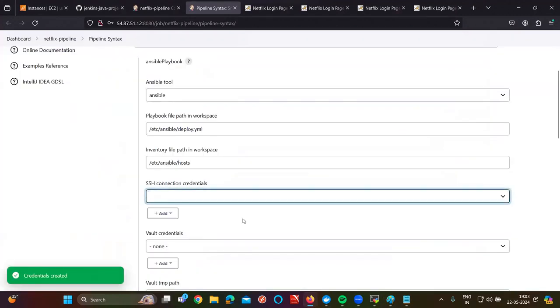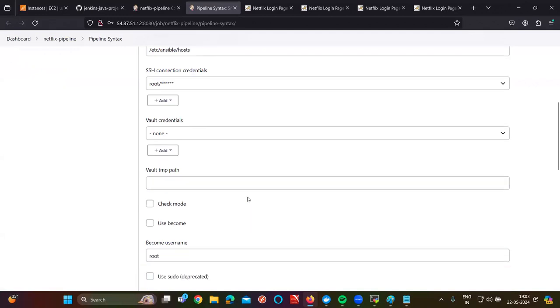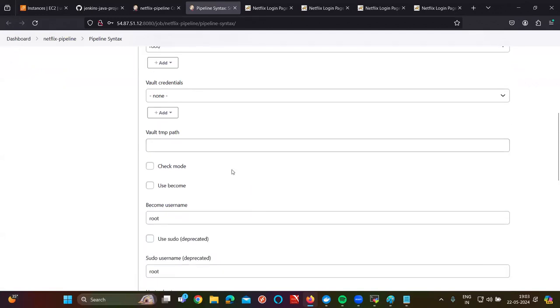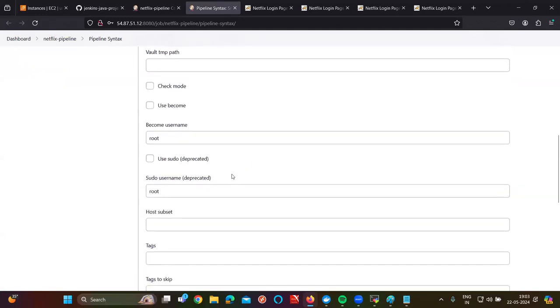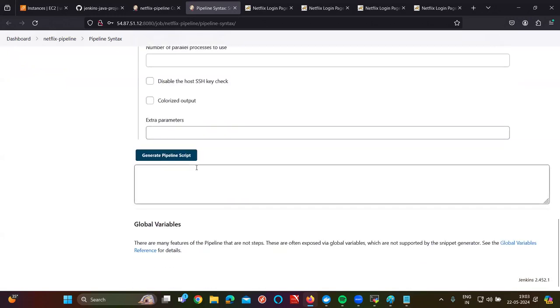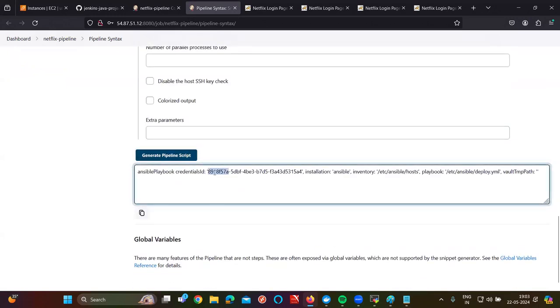So click on add. That's it. After adding this one, now what exactly we are going to do is nothing. Nothing to do here. Click on generate pipeline script. Are you seeing the content here? Just copy the content and paste it on the